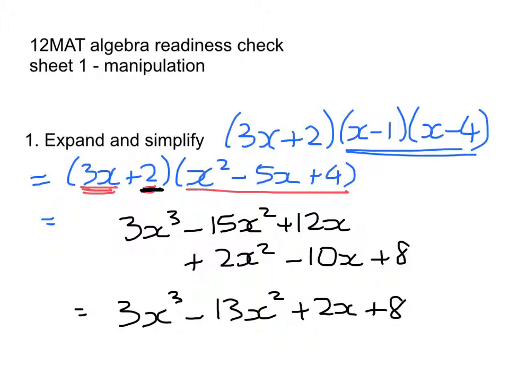Now, you don't have to use this method that I've used here of lining things up by column, but it does make it very easy to spot the like terms if you do that. The other thing to watch for in problems like this is to make sure that you bring the sign with the coefficient, so it's minus 15, not plus 15, but we've gone over that lots in class, so that should be fine. Okay, I'm going to insert a new slide here, so there might be a little gap in the